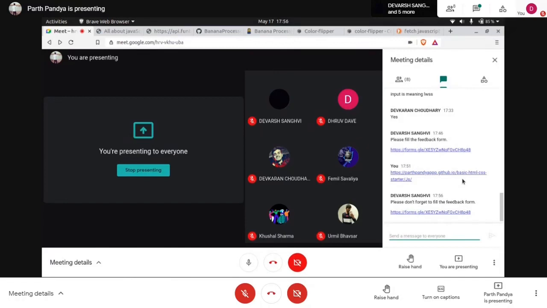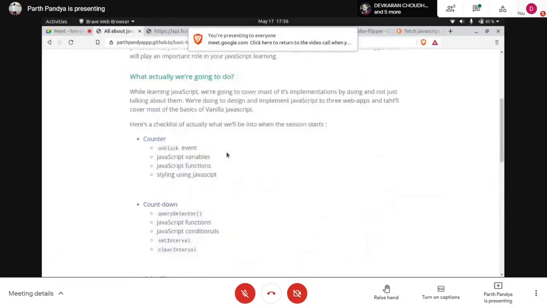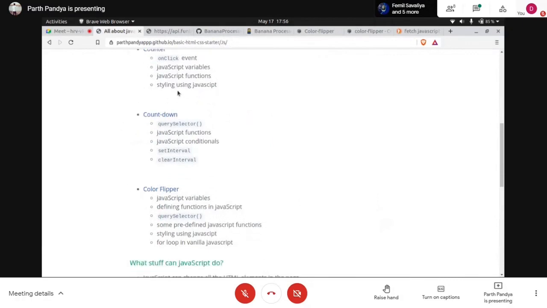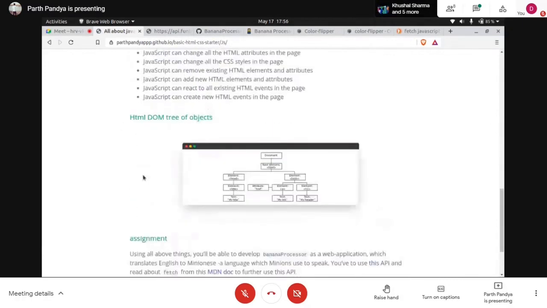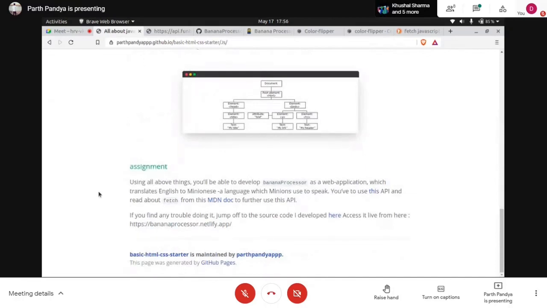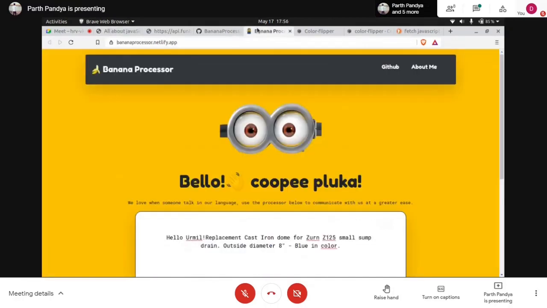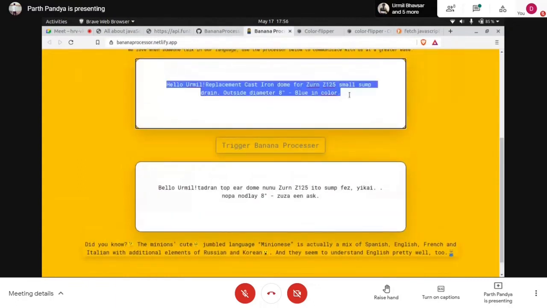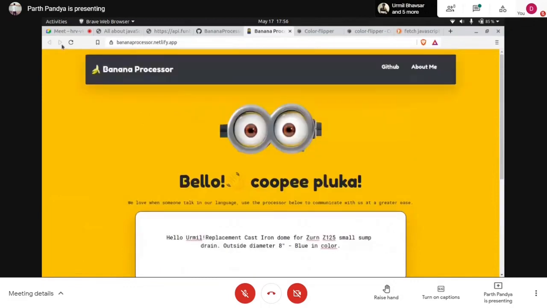If you want to ask anything, you can ask now. All I want to say is practice by yourself, write some more code, and create these projects on your own. And in the end, use this assignment for practice. Banana processor. This is how it should look. Okay.